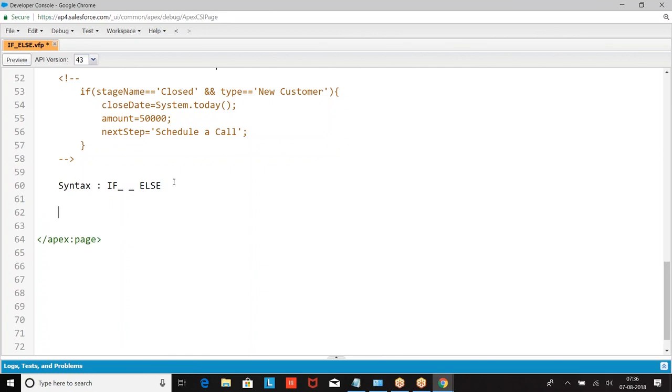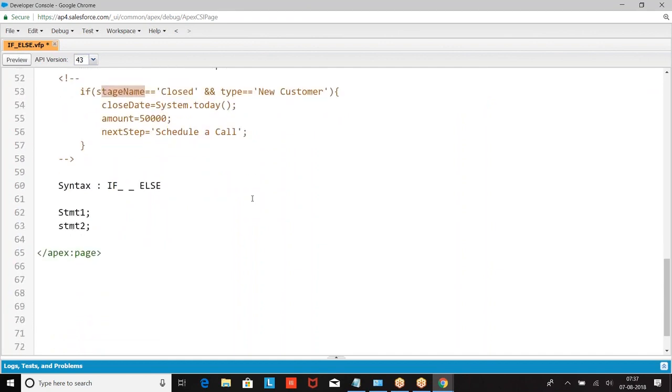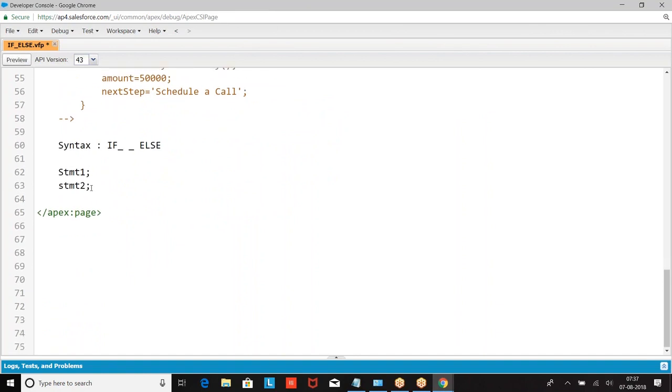Sir, one query. In the above program that you have written, we have a variable. What would be the data type of it? We are assuming it's a snippet. If I write the code based on the data I will be giving, and I want to create the variables, this will be String, this will be String, this will be Date, this will be Currency, this will be String. Now we are not writing the complete program. We are only writing the snippet, the logic. Okay, sir. Got it. Thank you.